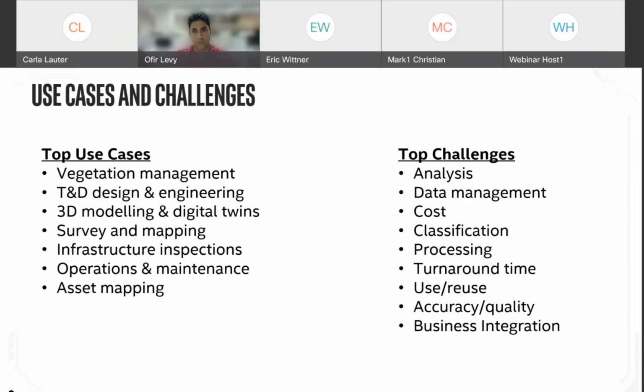Doing analysis at scale, managing large volumes of data, the cost of doing all that, trying to turn raw data into useful data, the time that took, the time it took to turn that around into usable information, the ability to reuse processes that you've developed once multiple times, generally the accuracy and quality, and then actually building these really heavy data sets into the business workflows. So specifically,